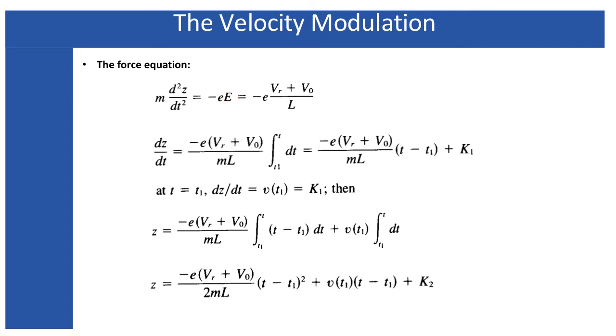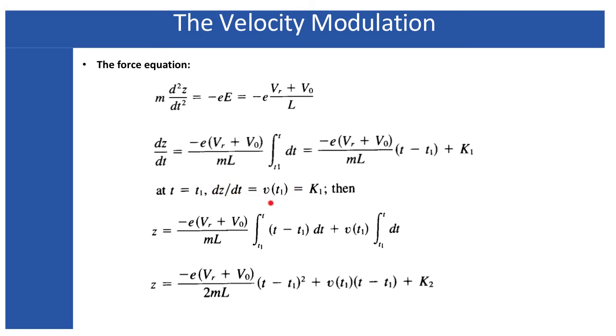So by equating them, we can establish this equation where E I have already obtained in my previous slide. Now the rest part is very simple. Here I am integrating once in order to obtain the velocity of the electron, and this is the simple form of the integration where the K1 we have to determine, and K1 can be determined using the boundary conditions, where this is the first boundary condition, that at t equals to t1, when the electrons are leaving the cavity, then the velocity will be equals to vt1.